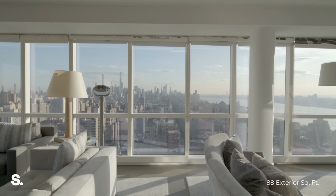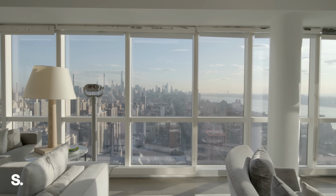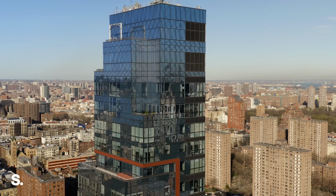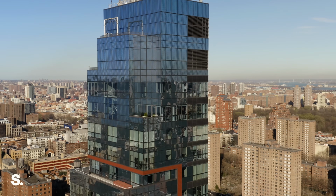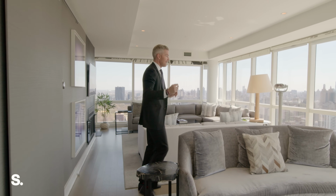Now, in every building in New York City, everyone walks down the streets and looks up. You don't wonder what's in the middle of the building, you don't wonder what's at the bottom, you want to know who's at the top. What could possibly be up there? Who is lucky enough to live at the top of that building? And if you look at this view,